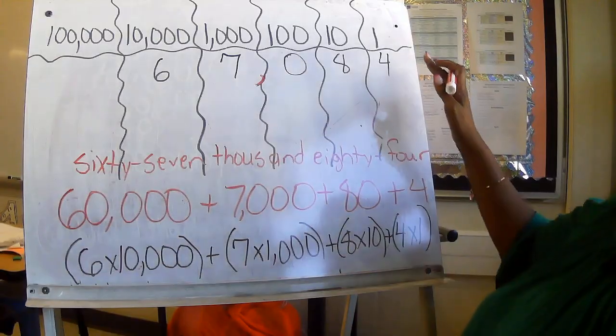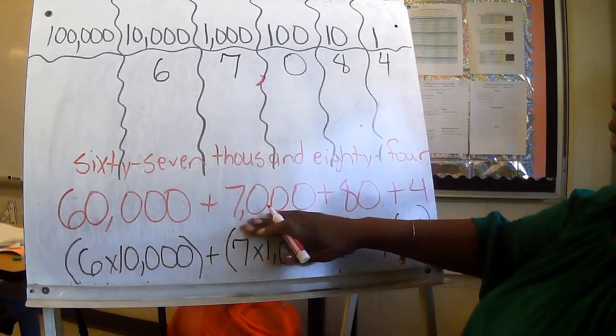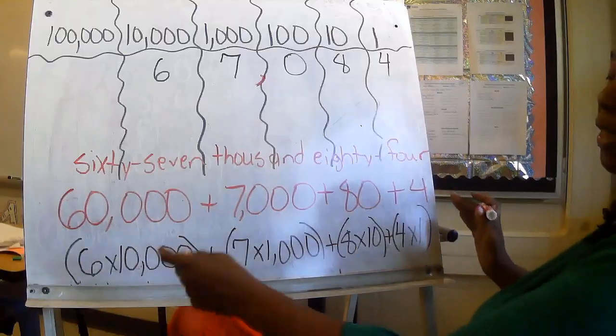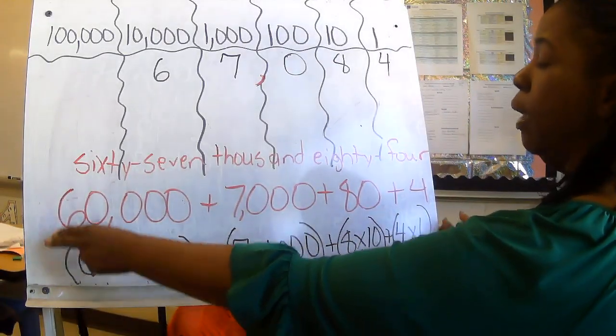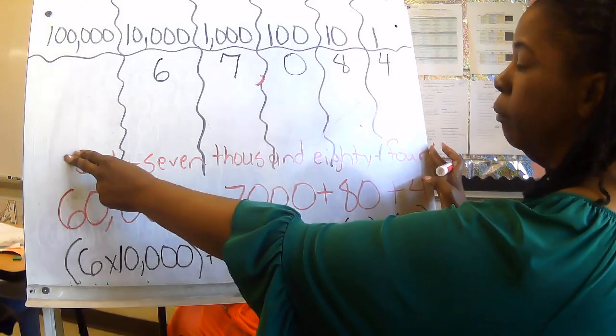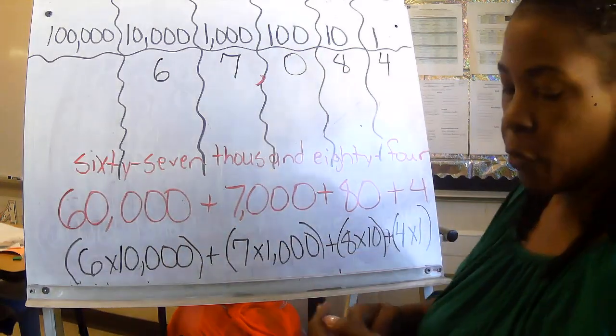Okay? So I gave it to you in expanded form. We continue with the second form of expanded form with distributing with multiplication. And then we did the word form. Okay? So,